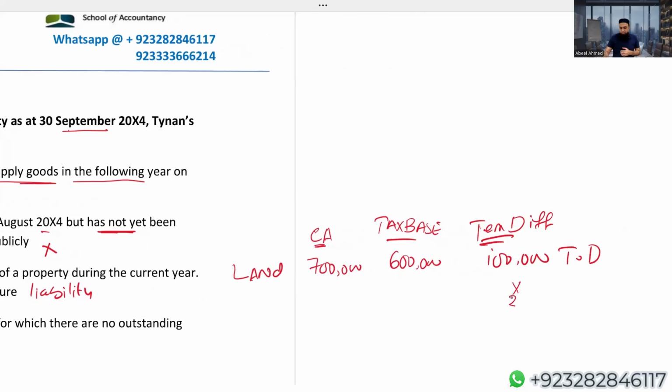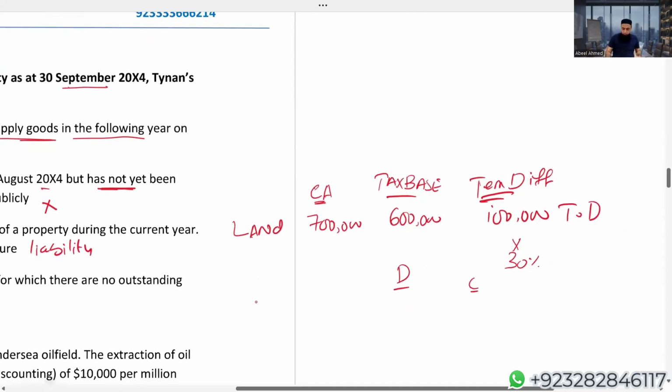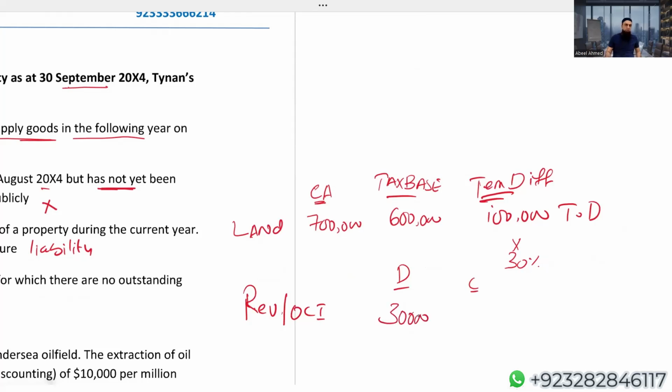Assuming the tax rate is 30%, the entry will be: revaluation surplus/OCI debit by 30,000, because 30% of 1 lakh is 30,000. I have to recognize a deferred tax liability of 30,000. No matter whether the company wants to sell that land or not, it has nothing to do with this. If you have recognized a revaluation surplus, the revaluation surplus will create a deferred tax liability, and you have to